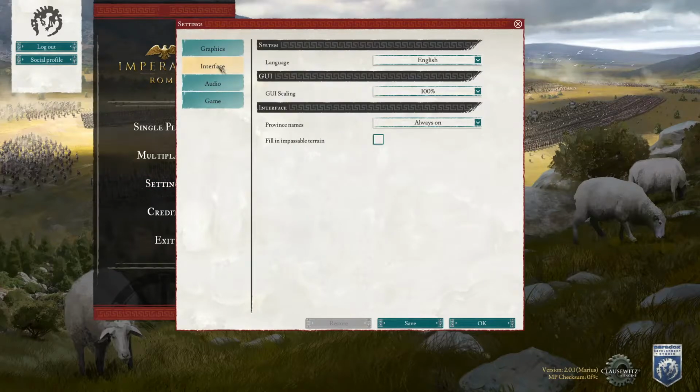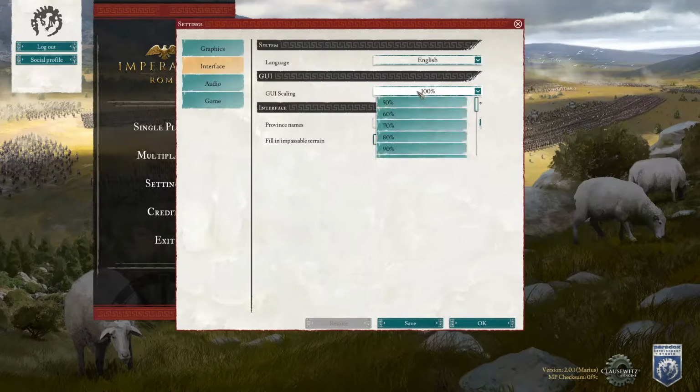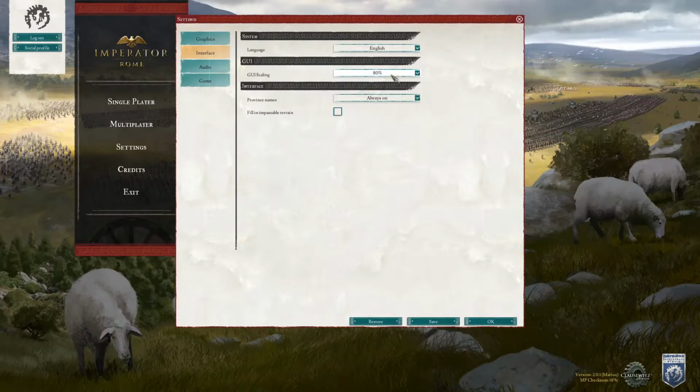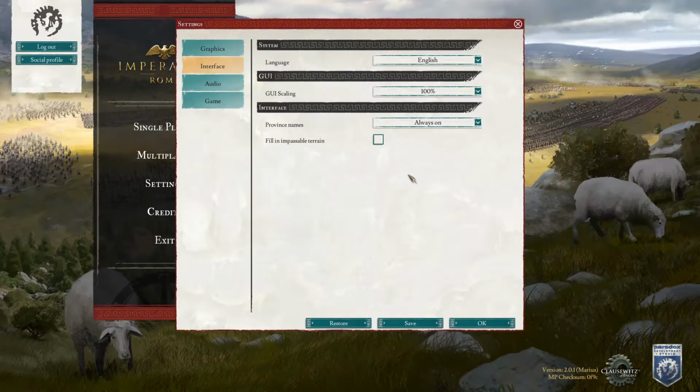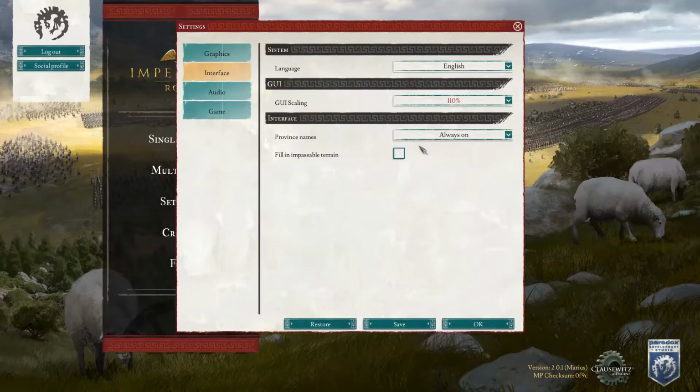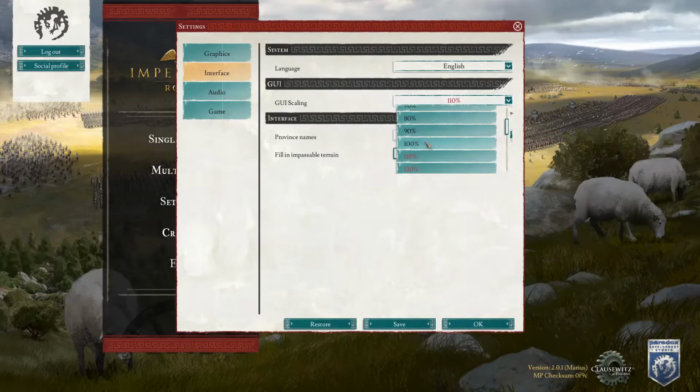Not graphics so much, that's going to be something personal. This is something that I recommend looking at when you're in game as to how it is. You can get a little bit of effect here, but during the recording, leaving it 100%. You can note also if you go down, it's red, meaning it's getting too large for the screen. So